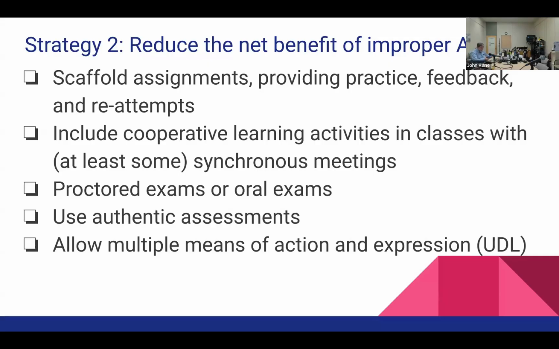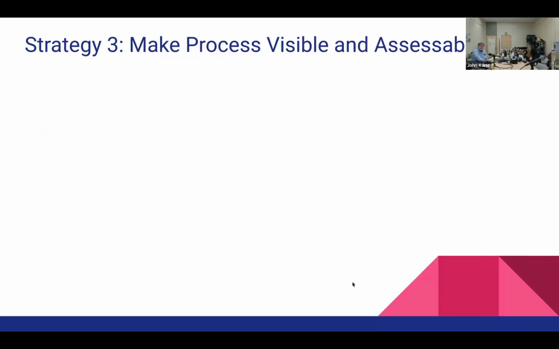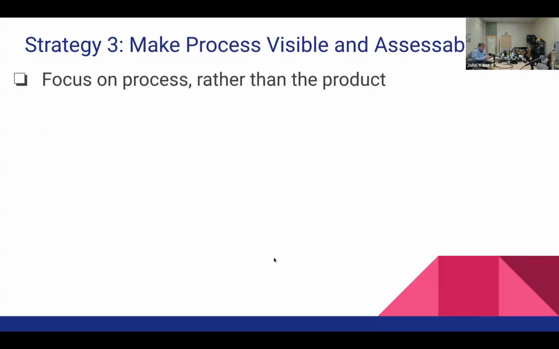If, again, you can align that with the learning objectives for your course. Another way of doing it is to let students use AI, but focus not so much on the product that students produce, but on the process. Let them use AI, but make it visible. Observe how they're using AI, and let them use it specifically in ways where you can see what they're doing, what they're bringing to the project, and what they're learning from the project in terms of how they interact with AI and use it to complete some sort of project, but focus on their learning process rather than just on the output.